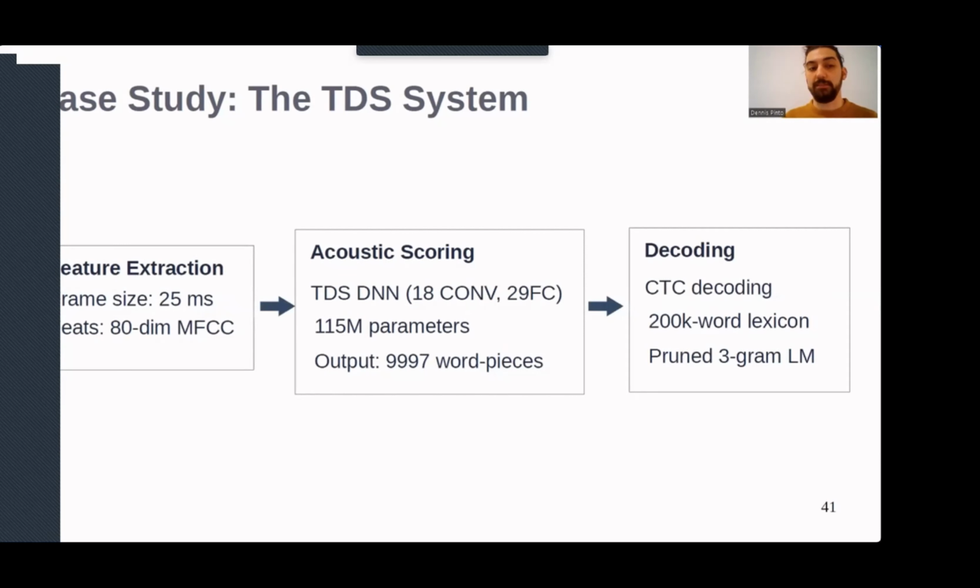Every time the algorithm reaches a node in the graph that completes a word, it checks a language model to obtain a language model score. This language model is implemented as an additional graph.